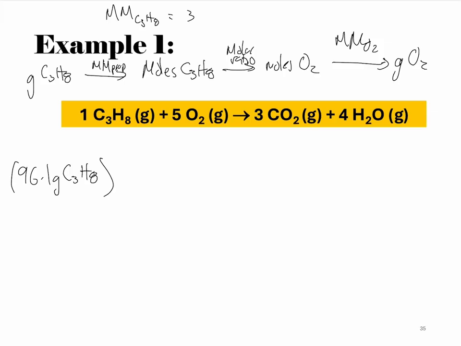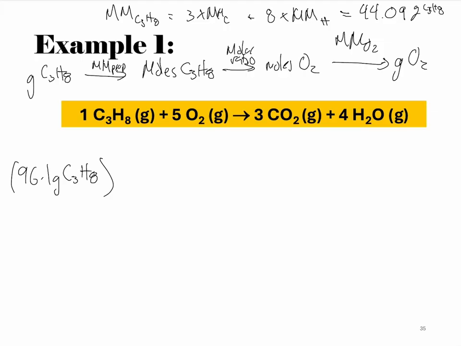So we have 3 times the molar mass of carbon plus 8 times the molar mass of hydrogen. All we did is multiply the molar masses from the periodic table by their subscripts within that formula. And so when you did that, what did you get? 44.09. I'll leave it at grams